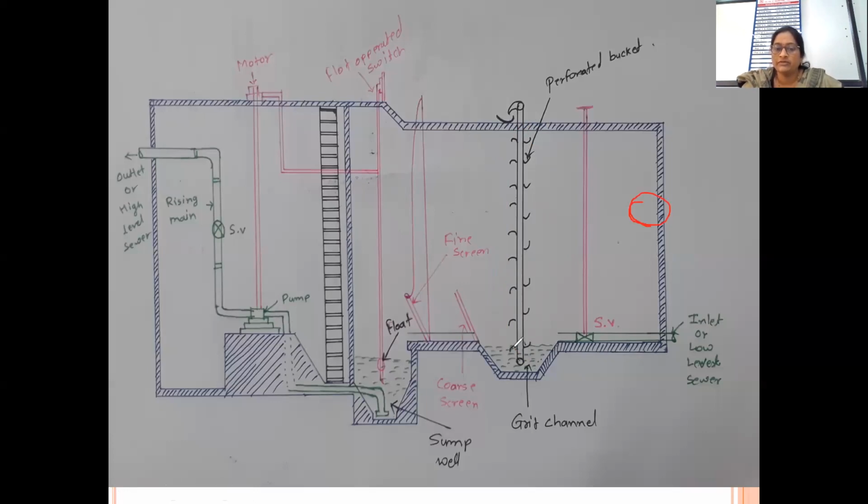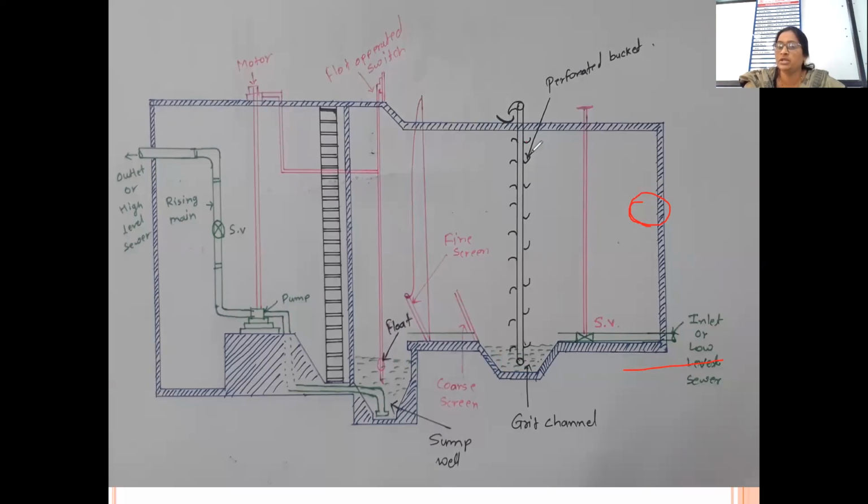It will dip here, and it will scrape entire whatever the debris particles or the grit settled over here, and each that particular bucket is having holes. So what will happen because of that? Through those holes, the water will fall down, whatever collected along with this debris here. Okay, but it will not allow the debris to drop over here. It keeps on collecting debris along with each bucket, but it will drop the water until it is reaching here.